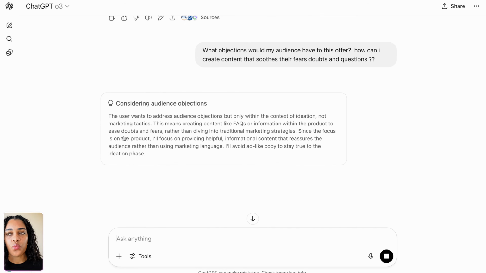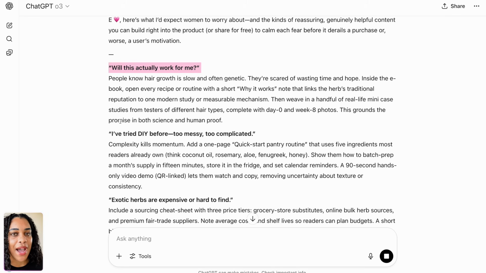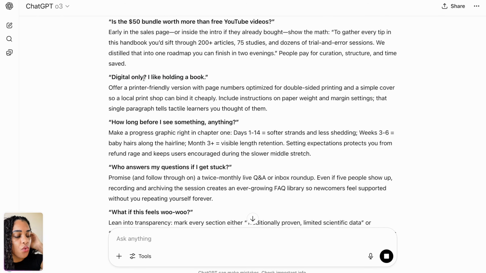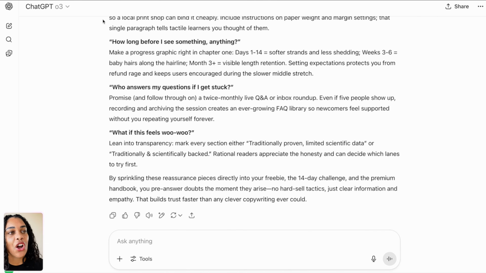So, when your audience is buying from you, they're thinking of reasons not to buy from you, right? It's their money. We want to keep our money. And so ChatGPT is saying your audience might think, will this actually work for me? Customers are not only buying from us and seeing our product, they're seeing other people's products as well. So we can reverse engineer and spy on our competition by using this prompt.